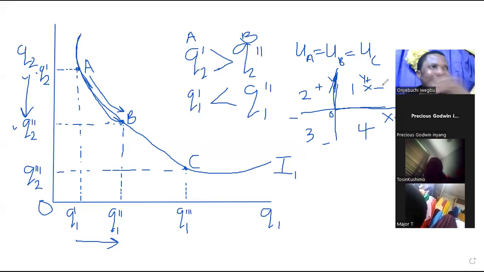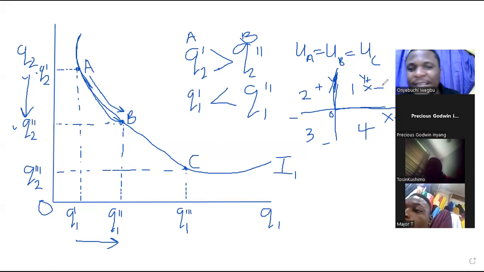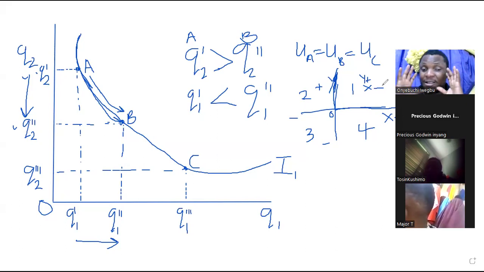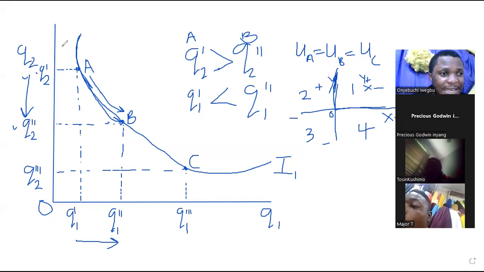Q1, Q2 can never be negative. And once Q1, Q2 is not negative, invariably, my graph must be drawn on the first quadrant. That is why in this indifference curve, you can see my point of origin 0. Then this up part is where I drew my